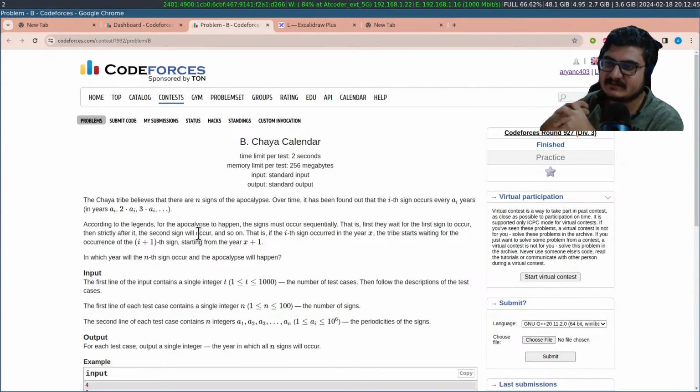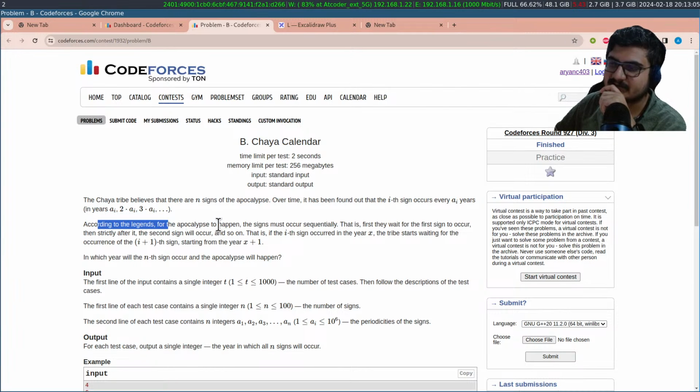It says Chanya's calendar. Chanya tribe believes that there are n signs of apocalypse. Over time, it has been found that the ith sign occurs in a_i intervals, that is, in the years a_i, 2 times a_i, 3 times a_i, and so on. According to the legend, for apocalypse to happen, the signs must occur sequentially. That is, they wait for the first sign to occur, then strictly after it, the second sign must occur, and so on. That is, if the ith sign occurs in the year X, the tribe starts waiting for the occurrence of the (i+1)th sign starting from the year X plus 1. In which year will the nth sign occur